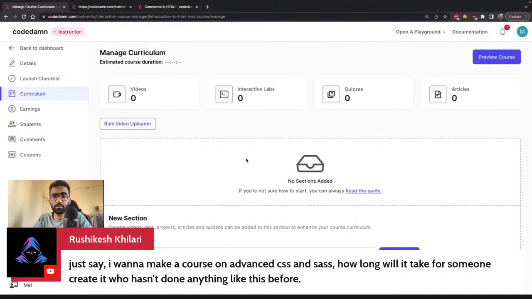As a rough estimate, if you want to get started and you put in 2-3 hours of learning time and content creation time every single day, you should be good to go within 2 to 3 weeks. That's a safe estimate. If you're new and you're putting in 2.5 or 3 hours, which includes content recording, learning about the platform, setting up labs and projects, everything, you should be good to roll out a course within a couple of weeks.